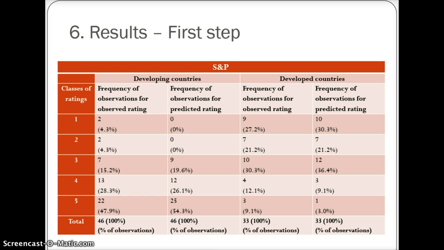For S&P, the differences between the estimations and observations are comprised between -2 and 1. The average error for developing countries is equal to -2.239, and for developed countries, the difference between observed and predicted groups of rating is equal to 0.212. As you can see in the table, there is no huge difference between observed and estimated ratings for both developing and developed countries. For Moody's,